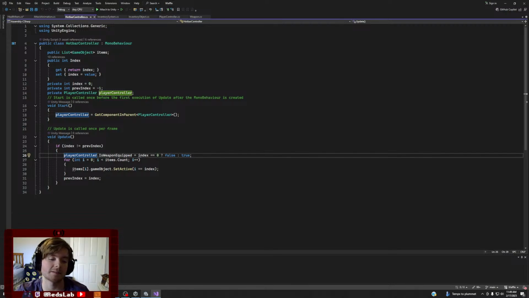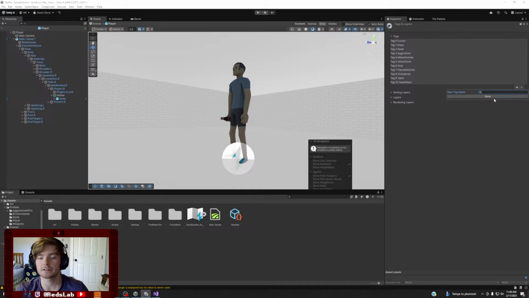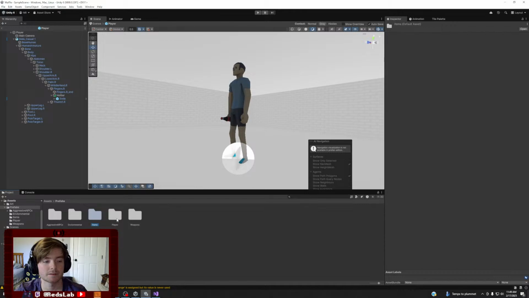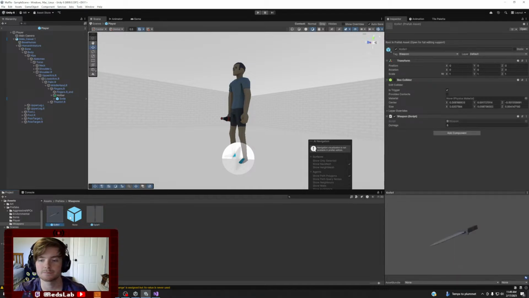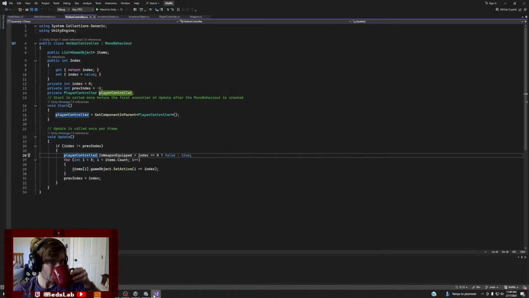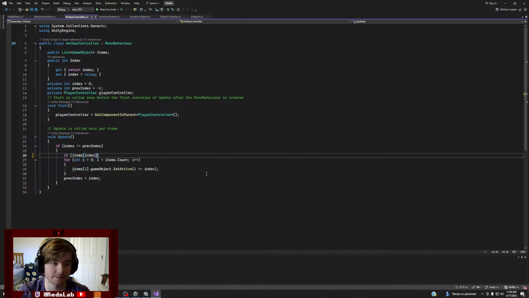So maybe instead what we can do is create a new tag here, and we're going to call this tag weapon. Like so. Go to our prefabs, weapons, and we're going to tag our knife and our splat with the weapon tag. If index is not equal previous index, then we're going to do if items at IDX or at index dot